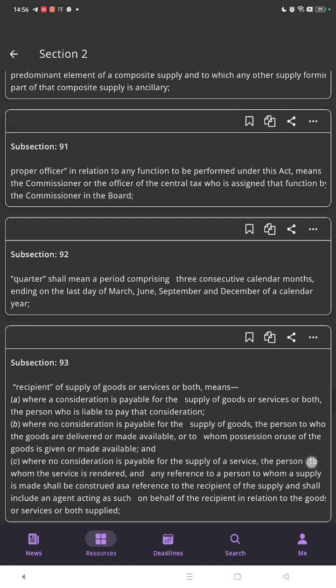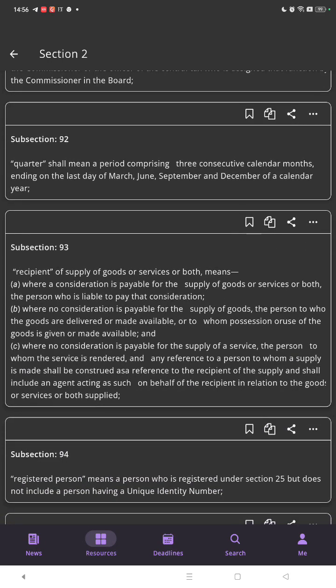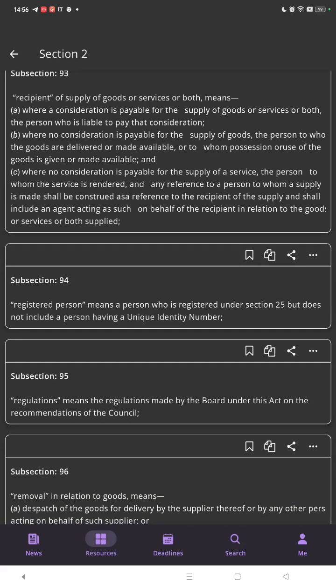Subsection 92: quarter means a period comprising three consecutive calendar months, ending on the last day of March, June, September, and December of a calendar year. Subsection 93: recipient of the supply of goods or services or both means, where the consideration is payable for the supply of goods or services or both, the person who is liable to pay that consideration; where no consideration is payable for supply of goods, the person to whom the goods are delivered or made available, or to whom the possession or use of goods is given or made available;